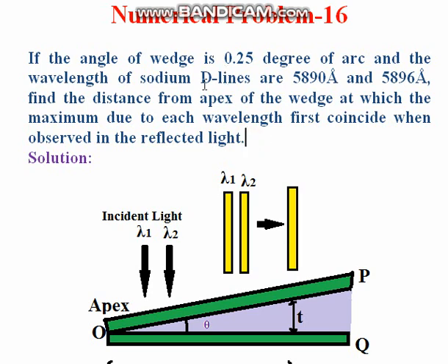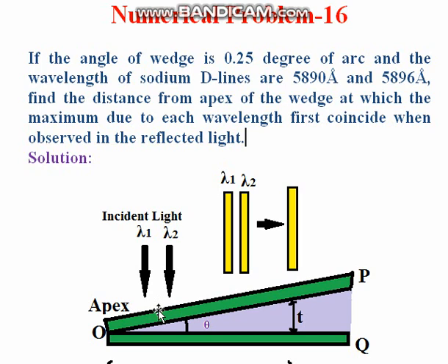Now see, there are two wavelengths. There is a sodium light here, and we know that sodium light or any other light is not a true monochromatic source. In sodium light there are two prominent wavelengths, one is 5890 angstrom and the other is 5896 angstrom. These two wavelengths are known as the D1 and D2 lines of sodium light. So we work on these two wavelengths. Here there is a sodium light and there are two wavelengths, lambda 1 and lambda 2. These two wavelengths fall normally on the upper surface.